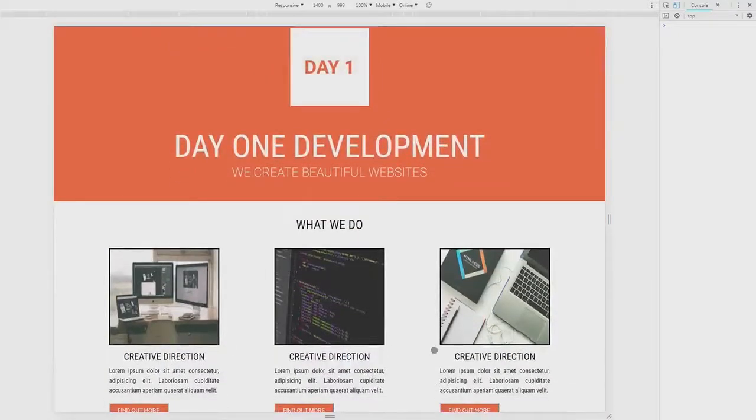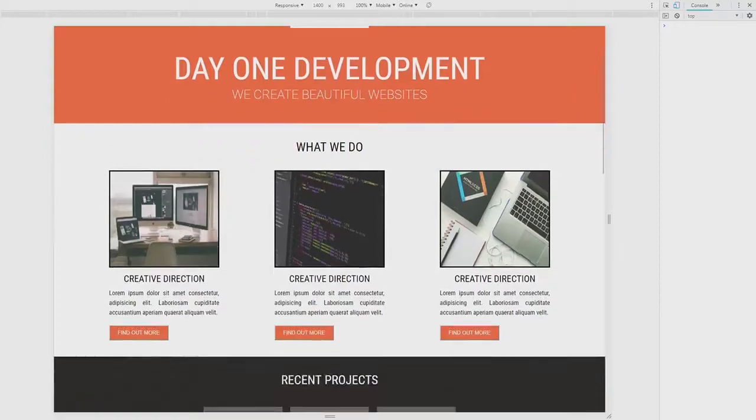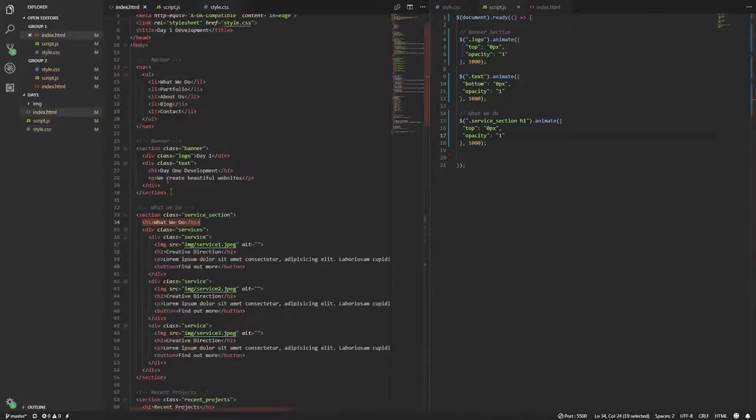Now let's do the same thing for these sections. So this is cool because these are all in one div, this whole element here. If we look at the HTML, it's the service div, which holds the image, the H2, the paragraph, and the button. So we can target the service div and do this same thing, and it'll do exactly what we're looking for. So $ parentheses, double quote, service dot animate